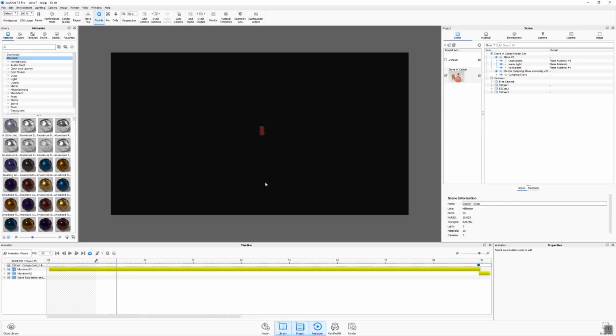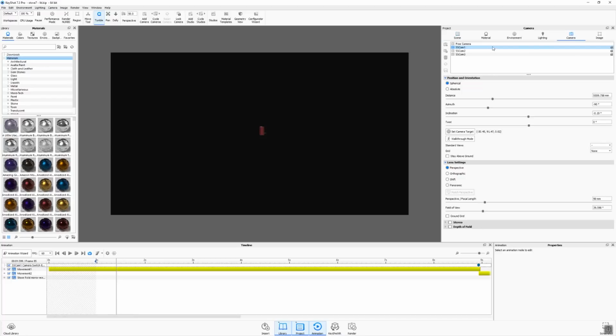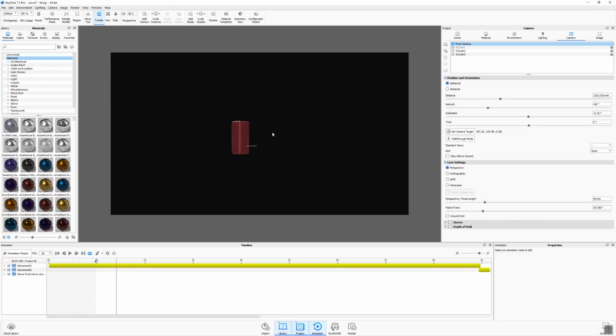Okay, so if I go ahead and look at this, the other thing I want to do is make sure I'm in a free camera. So right now I'm in Studio One. I want to go to a free camera so I can look at my scene nice and close here. So when I do this, you can see that in the beginning, my stove is folding up and getting placed inside the stove caddy. This animation actually doesn't start until the whole thing starts moving, which is right here, at 4 seconds. So I would pull this guy out here, 4 seconds. And then when I play it back,